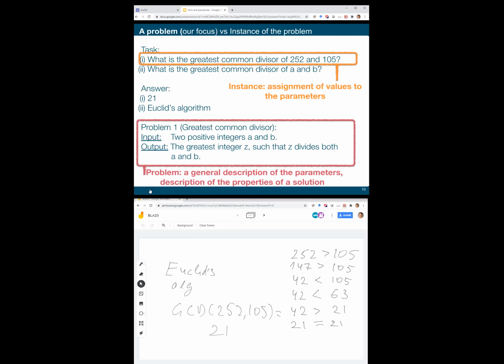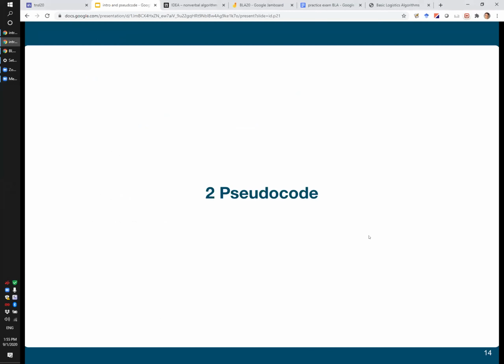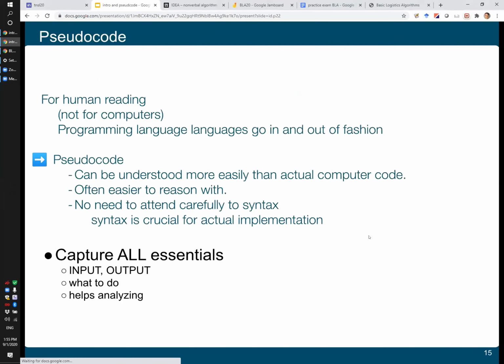Okay, so we have about 13 minutes remaining in this lecture, and what I would encourage you to do is to run Euclid's algorithm on any two numbers that you come up with, and again, give me the answers in the chat. So this was Euclid's algorithm, in particular written in terms of the pseudocode. So some general